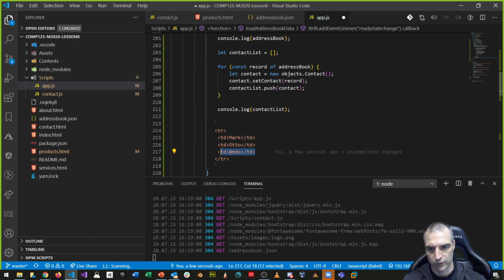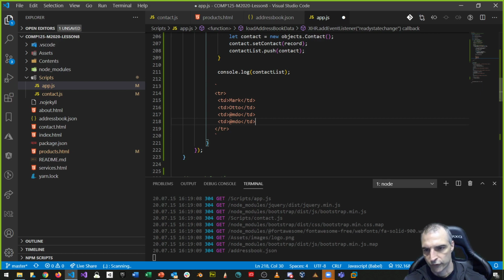Bear with me, guys, one more second. I know I'm running late, but I want to show you this complete thing, and then I'll put it up to GitHub, and you'll see what I'm talking about here. So there's 4 pieces of data. Don't worry about what the data is, and some kind of table row that I'm going to inject inside of